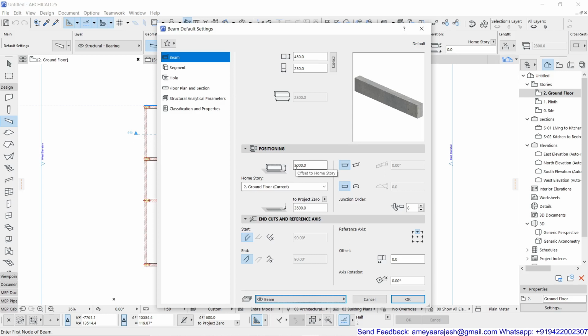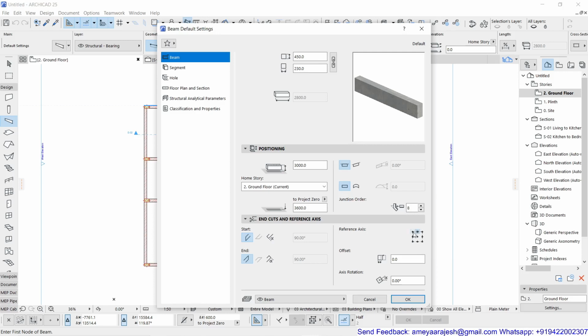Right now, as I've said, I was trying to say top of the beam. By chance, if you handle this, you will see now how the beam is actually getting delivered. So be careful about choosing the correct location of your reference axis. By default, the reference axis was at the top of the beam and the midpoint of that. If you just try to go for the clear height of the beam, that is below the beam, how much should be the clear height, then possibly you can use this logic.